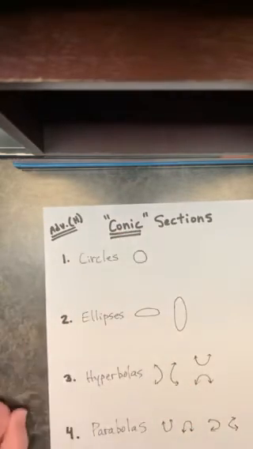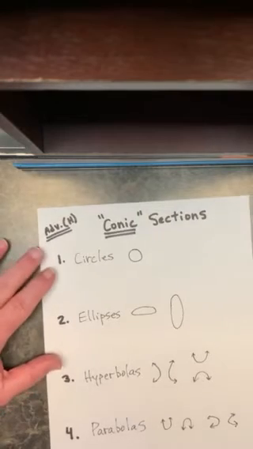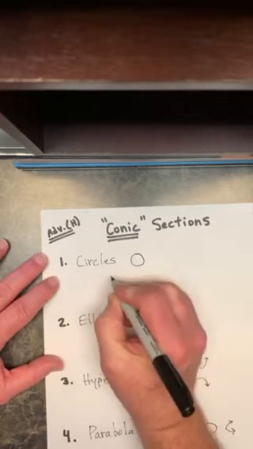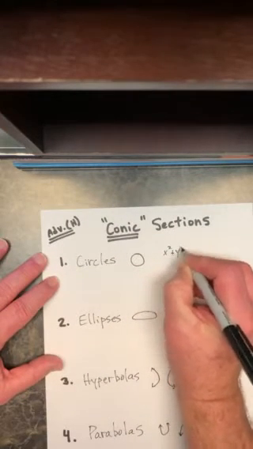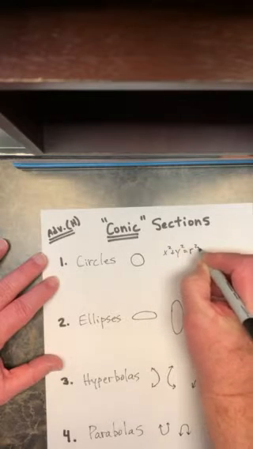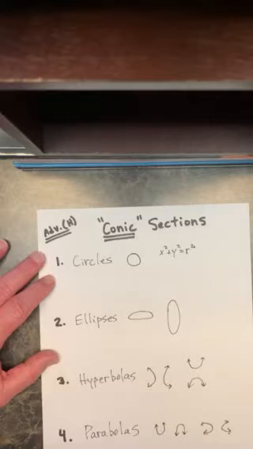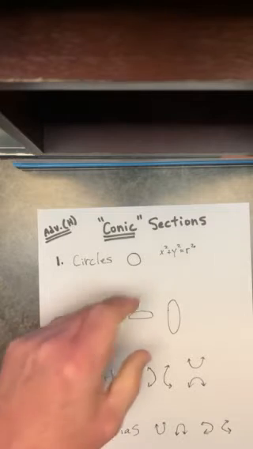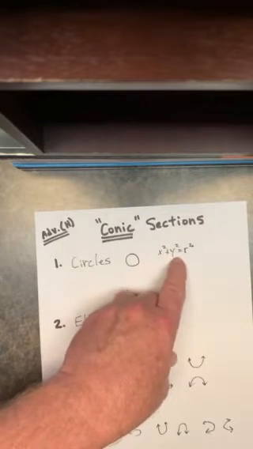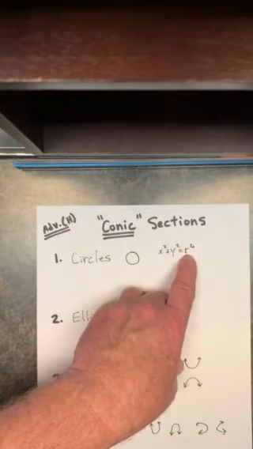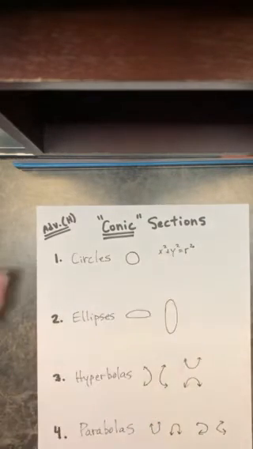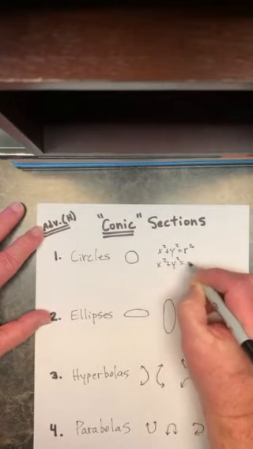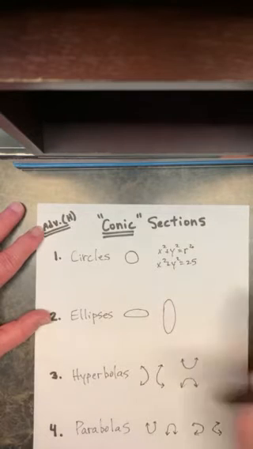So a couple of notes on this paper, then we'll jump into the paper you're going to produce. The standard equation of any circle will always look like this. X squared plus y squared equals r squared, where r, of course, stands for the radius of the circle. So if I've got a circle centered on the origin, you will see a good old x squared plus a good old y squared equals, and then there will be some number on the right that's represented by the radius being squared. Okay? So for example, if I wrote x squared plus y squared equals 25,